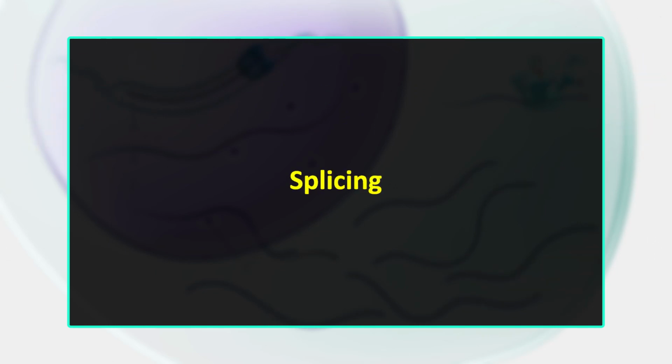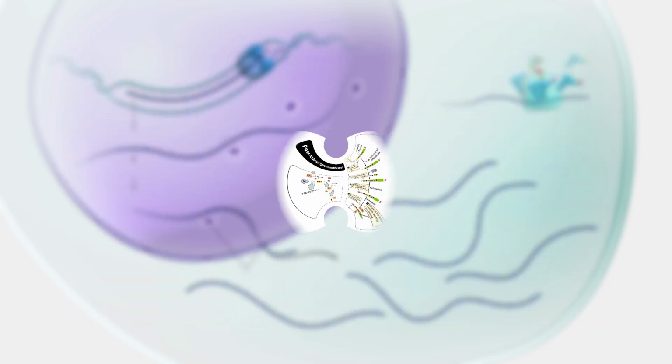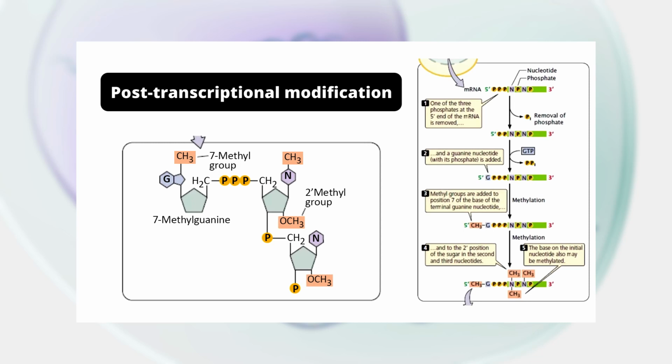Now let us first discuss the splicing. In eukaryotes, the structural gene has coding and non-coding regions. Introns are removed and coding regions, or exons, join to form a mature mRNA. Now let us discuss the capping process. At the 5' end of the heterogeneous nuclear RNA is methyl guanosine triphosphate. It provides the cap to the mRNA molecule.